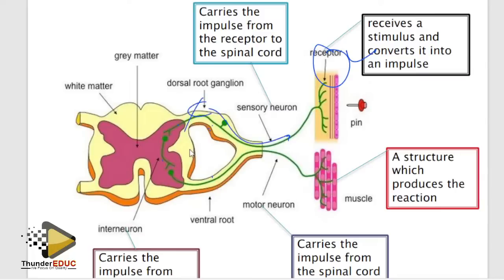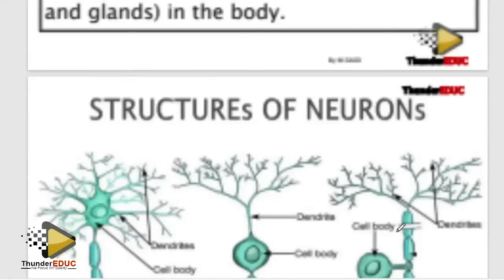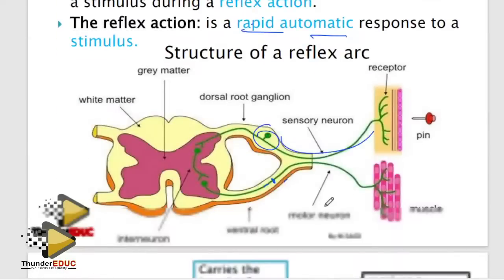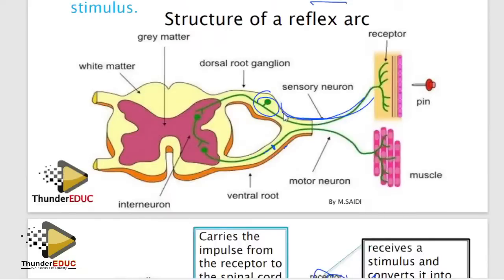How do you know that this is the sensory neuron? Because sometimes they bring it upside down. Just look at where the swelling is. That neuron is going to be the sensory neuron. Why? Because the sensory neuron has the cell body along it. So if you look at it here, yes, the cell body is here. So then the neuron continues. So if they bring it upside down, whatever they have done, so that they can confuse you and make you fail, tell them that you found out.